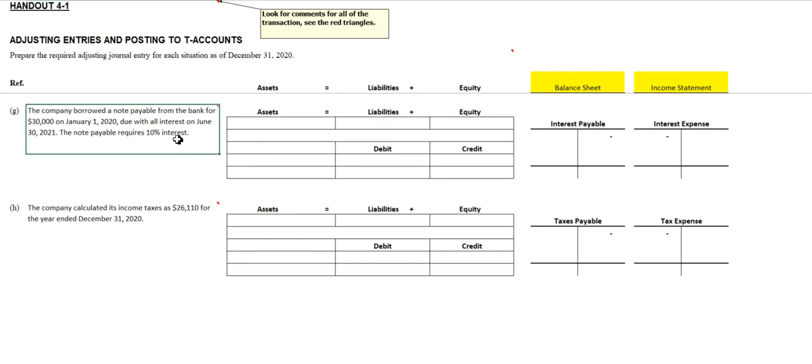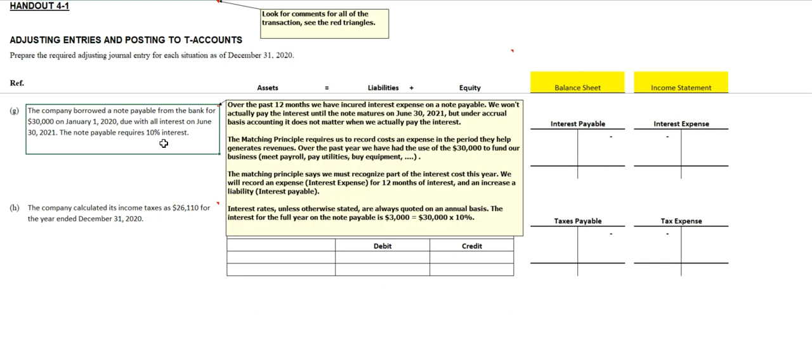So the matching principle, again, says to record cost as an expense in the period they help us generate revenues. Over the past year, we've used that $30,000 to fund our business, to meet payroll, pay utilities, buy equipment. So we need to record interest expense in the current period. We're going to record 12 months of interest expense and record a liability of interest payable. So the face amount of the note was $30,000. A 10% annual interest rate means that interest for the full year is $3,000. So we owe $3,000 of interest